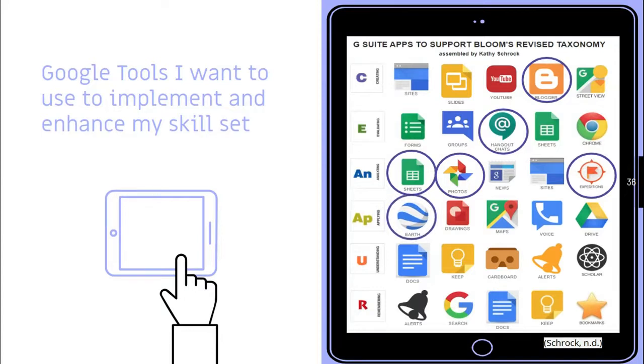Google Earth we use a lot, but that new Google Earth creator that just came out in November, I want to have my students start creating in the new Google Earth, the web-based one. Drawings, another tool I have my students use, but it's just one I struggle with. Cardboard, I don't have all the Cardboards. I do have one, but once again, it's a perfect fit for geography. And Google Keep, I use Google Keep a ton, but I need to have my students using it to record their homework and their to-do list and things like that.